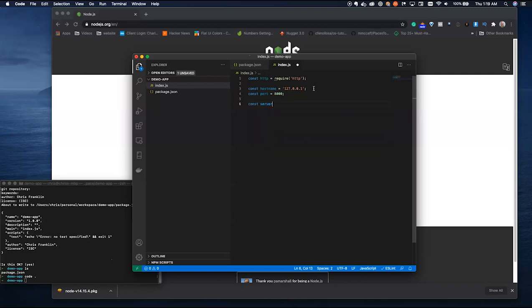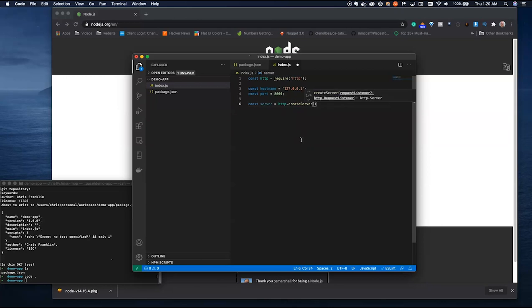Now we're going to define a server. So this is our web server that we're defining here, and we're going to use the HTTP package and http.createServer. The reason I like to use VS Code here is because it comes with autocomplete, so this will help me figure out what I'm actually going to be putting in here. So we can say create server,